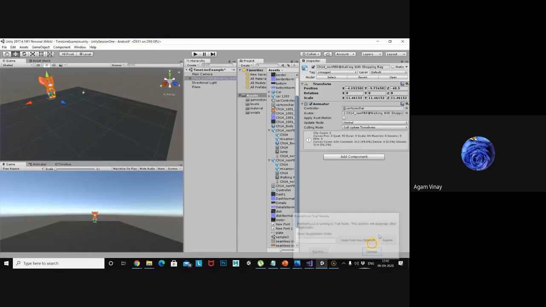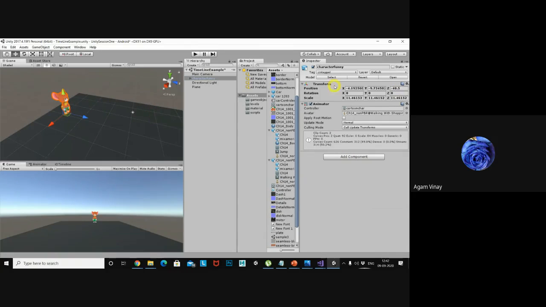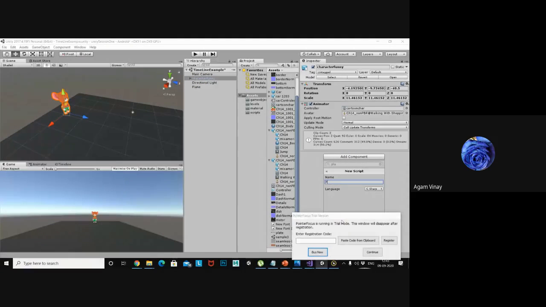So as yesterday we discussed how to access the transform. So I will rename it like character. Okay. So now I am trying to access the transform. Why? Because I want to feel like the character is really walking. Okay. So what I will say, I just access the transform. Player walk, I will say. Whatever name you want to give for the script, you can give as you wish.